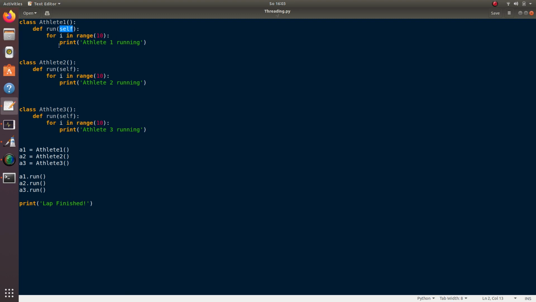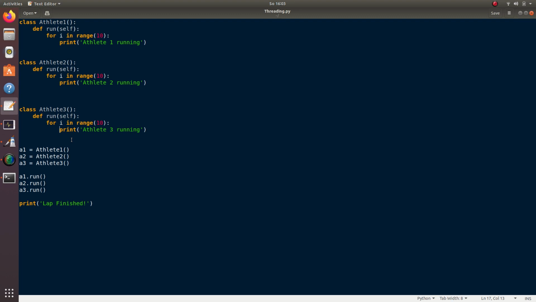If the first athlete is running, then I'll print athlete 1 is running. If the second athlete is running, then I'll print athlete 2 is running. Or if athlete 3 is running, I'll print accordingly. Now I have the athletes on the stage, but if I want to make them run, I need to have their name, right?